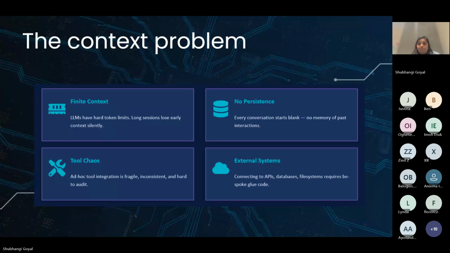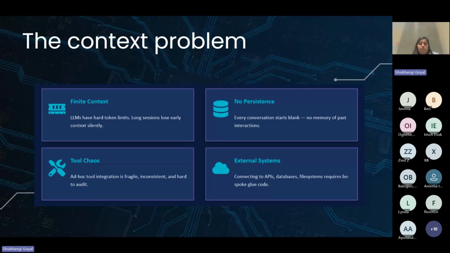Then, every conversation actually starts blank, which is a problem because it doesn't have any memory of past interactions. Say you have built an enterprise scale agent. Somebody is looking at it and thinking, why does this not give me the right outcome? Yes, because it has no memory. It doesn't remember who you are or what you asked about before. Any information previously available is no longer provided. So make sure you have a memory.